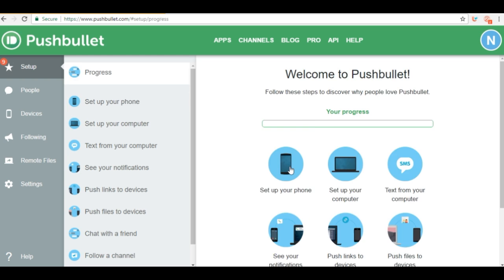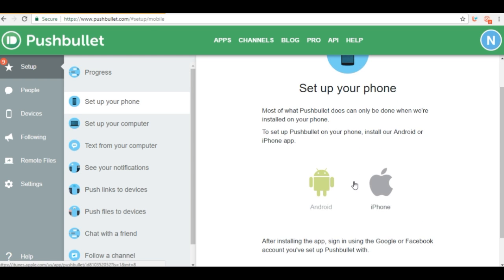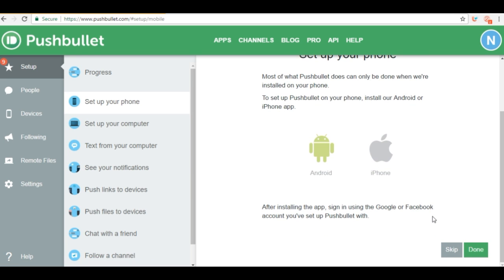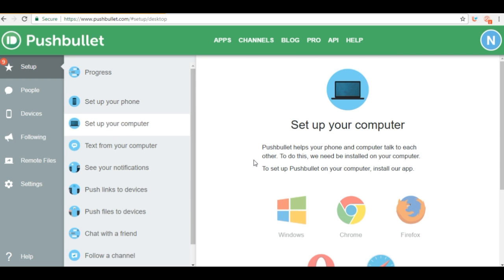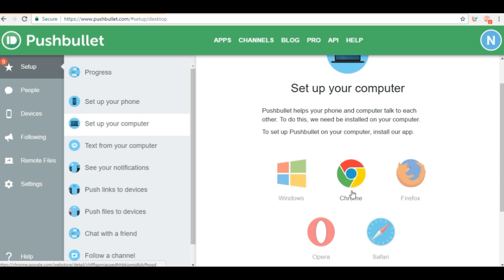So what the first tab does is it tells you about how you can set up the application on your mobile phones. You have the option to either install it on Android or iPhone or both, or if you don't want to, you can just skip that. After that, you have the option to set up the application on your computer. If you have a Windows machine, you can install the Windows application. If you want the application in your browser, you can get the extension for Chrome, Firefox, Opera or